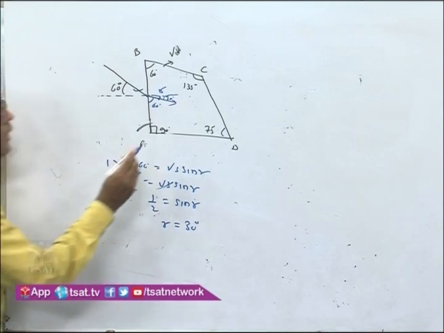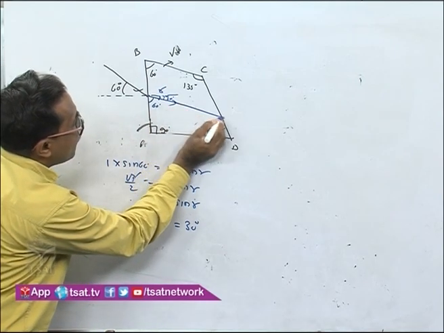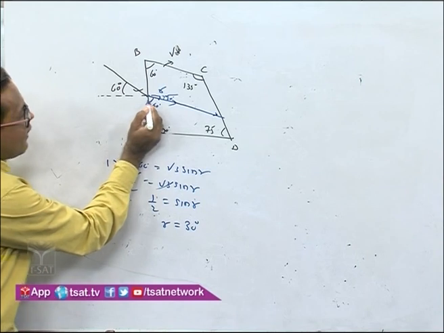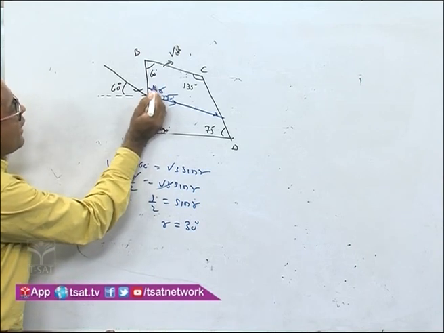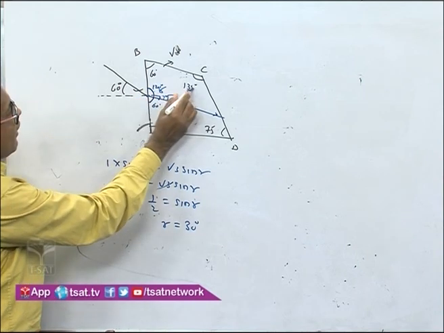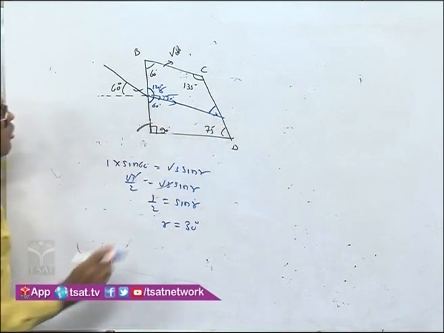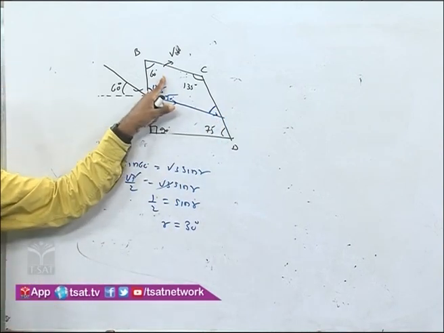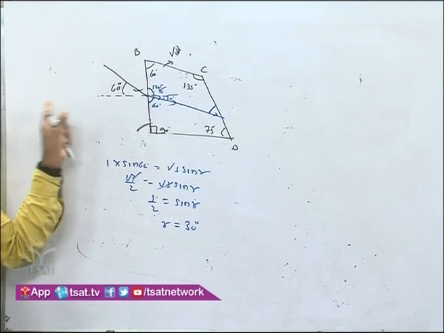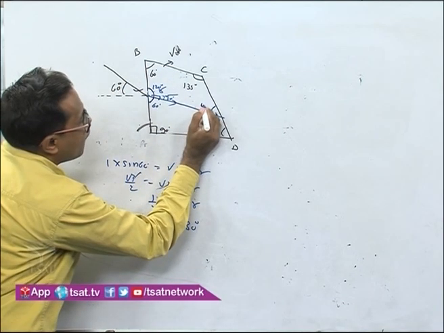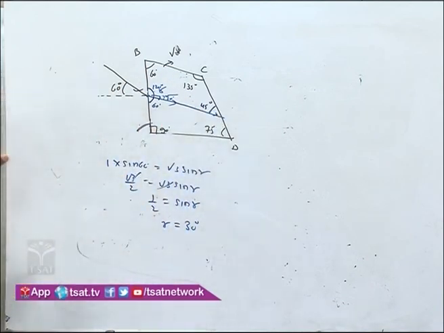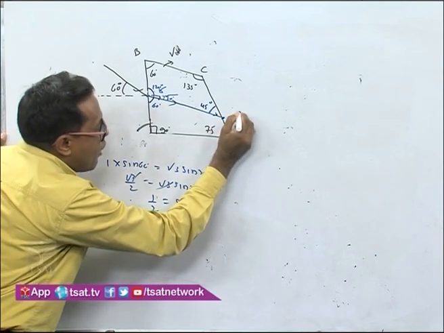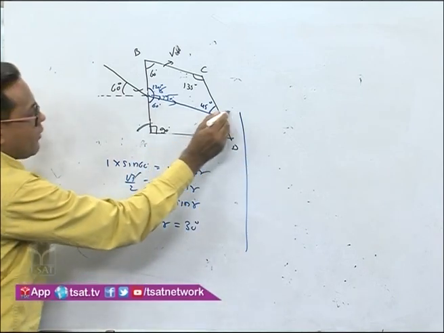So now what will happen here? It will come parallel to like this over here. Now this is 60 degree, this will be 120 degree. Now this is 120, 135, 60. So you calculate it, 120 plus 135 plus 60, whatever the total will come, 360 minus this one. So you will get this angle as 45 degree right now. Now let us see what will happen at this point. Now we apply the Snell law over here.